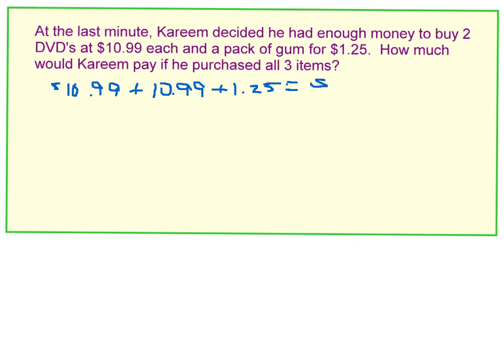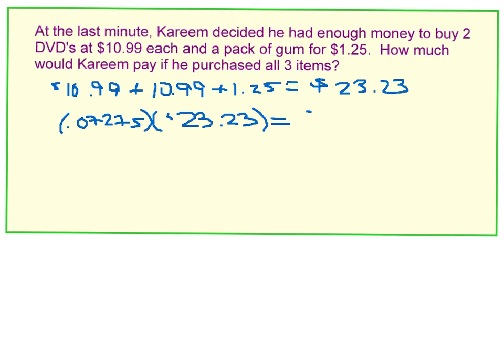And that gives us $23.23. Kareem is still in Eden Prairie, so we're going to use the same percent for taxes, which is 0.07275, times the subtotal, $23.23, and that will give us 1.689. And we know that when we're working with money, we're going to round to the nearest cent. So the tax is going to be